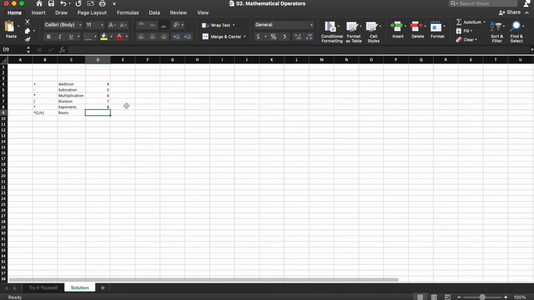And so we're going to do equals 81, put our caret symbol in, open parentheses, 1 divided by 2, close parentheses, which is taking the square root of the number 81. Now, if you want to use the cube root, you would do 1/3, and then anything after the slash will return the nth root of that base.